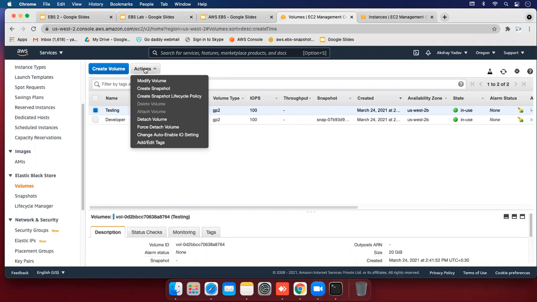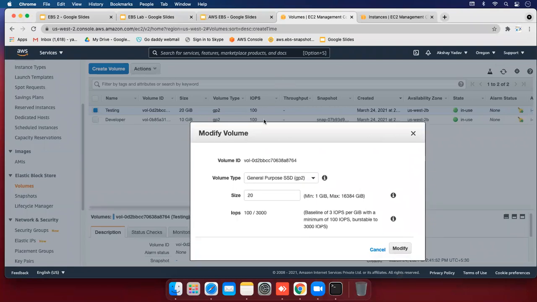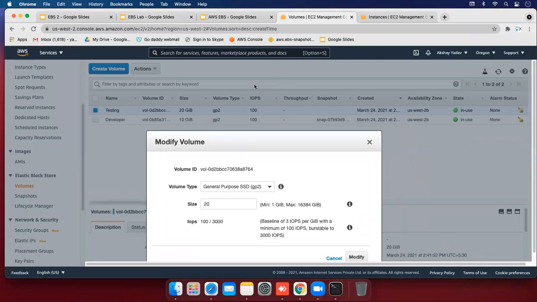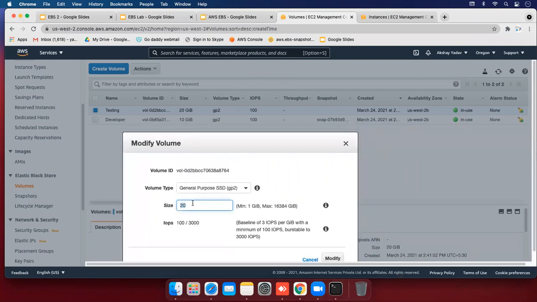Select Actions, click on Modify volume. I am going to make it 25 GB, 25, and click on Modify.